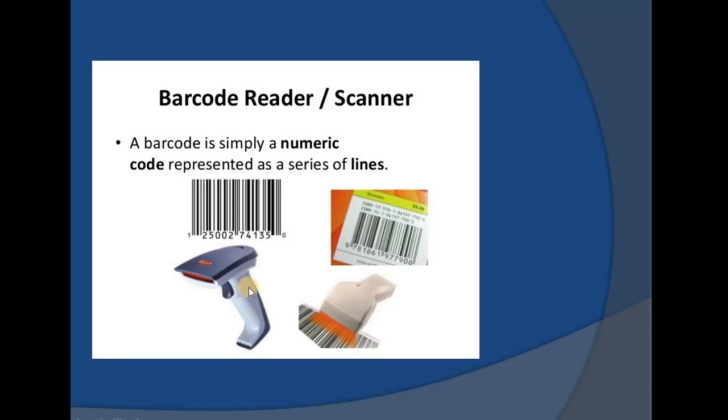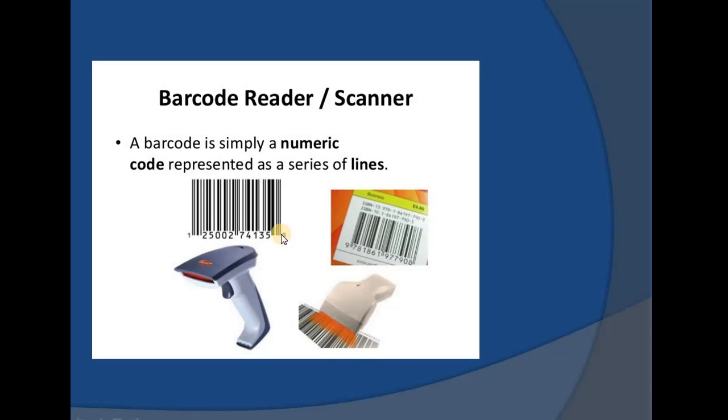Just with our thumb we can hold it and place the scanner on the barcode, and the moment the barcode is scanned, we can get all the information. This barcode reader basically uses laser beam technology, and the laser beam is placed on the entire barcode. The moment we scan this, all the information is collected and the processing takes place.